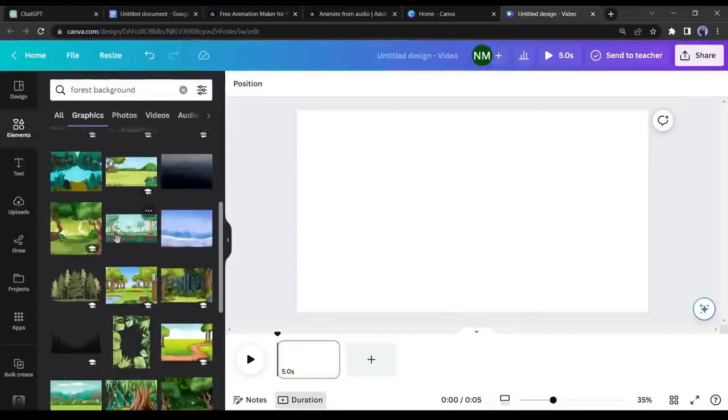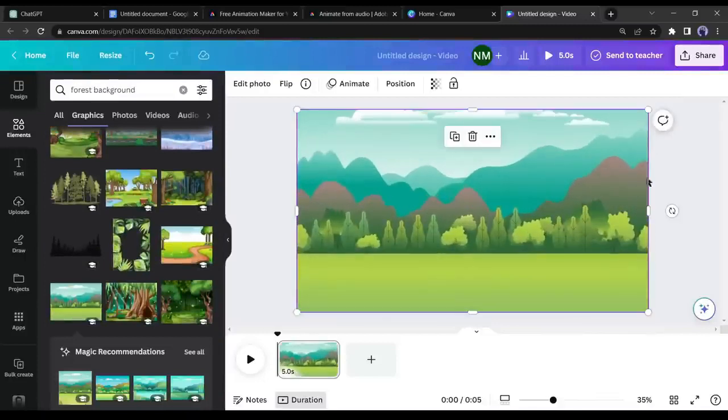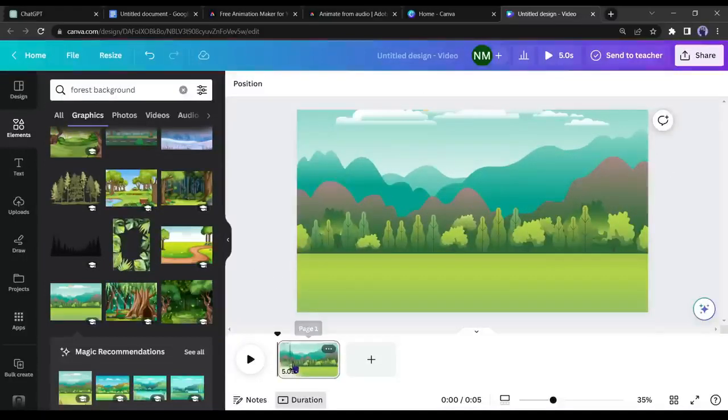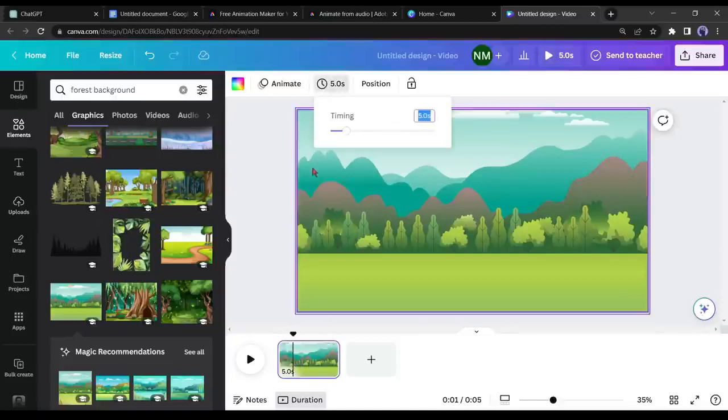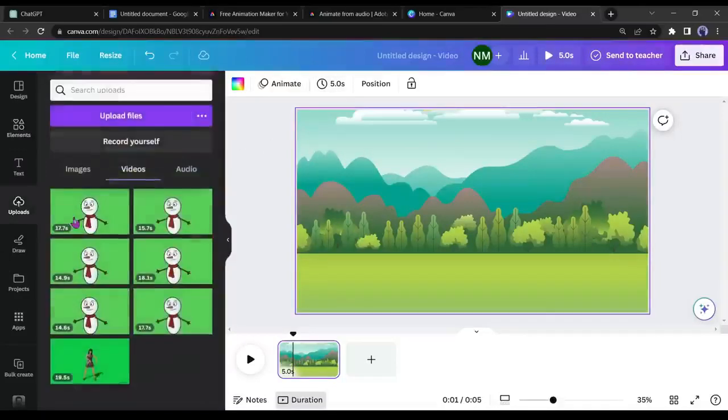Select a suitable background image and adjust it to the video size. To adjust the video size, refer to the animated video's duration in your upload folder. For example, if the first video is around 17.7 seconds, adjust the timer to 18 seconds for perfect synchronization in